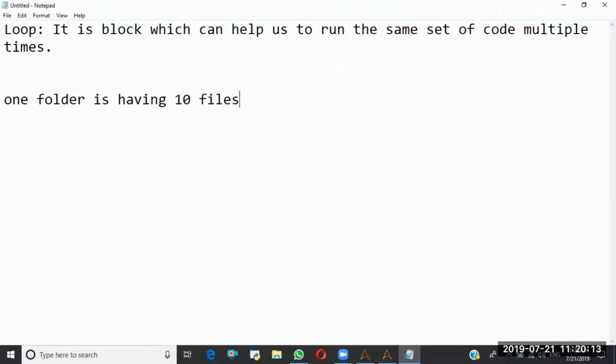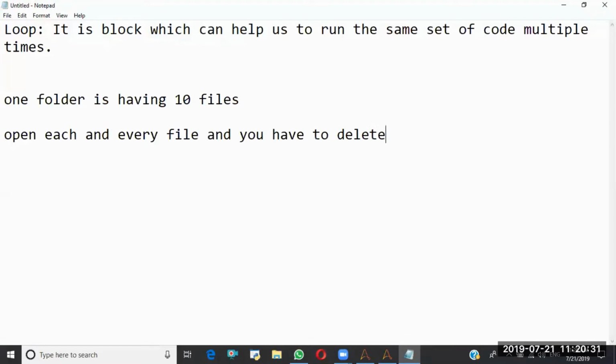You need to open each and every file and delete the data from the file. Remember, you just have to delete the data, not delete any file itself.